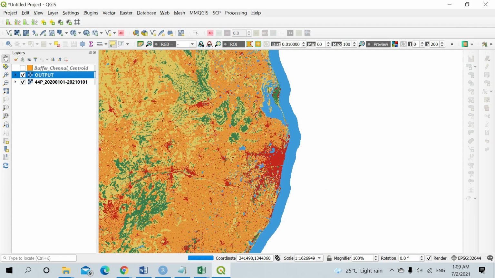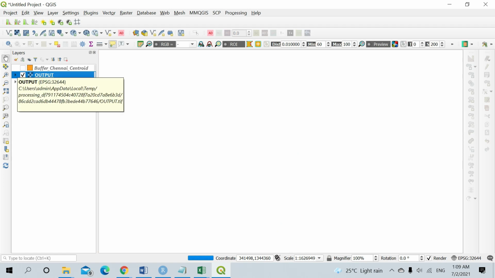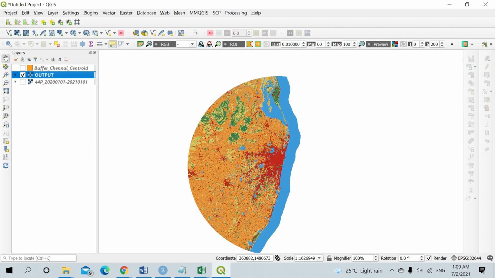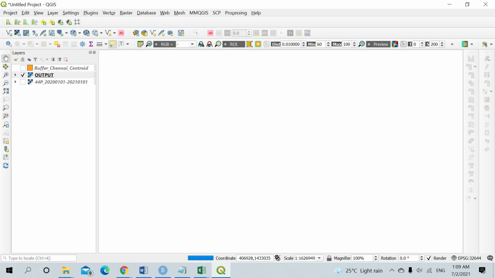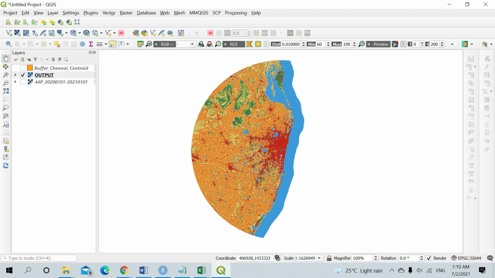We're just going to have a look at the output. Yes, we got our output. Now we can use this for any of our research purposes. It's rendering. Most of those working on this kind of research will need this land use land cover data set, and they would be spending money to generate it. So this is one of the good sources where we can make use of these data sets and proceed forward with our research.